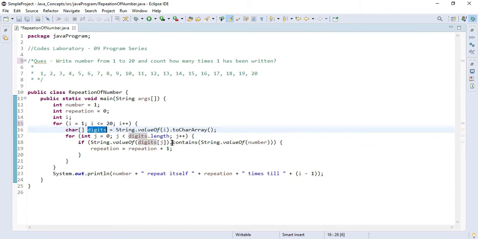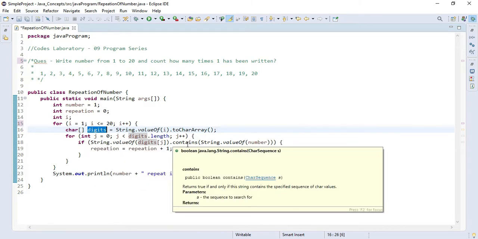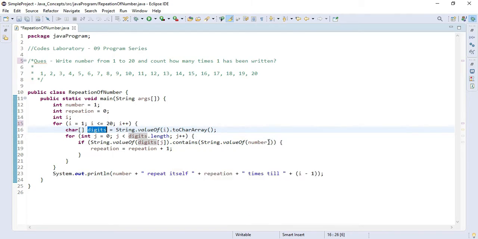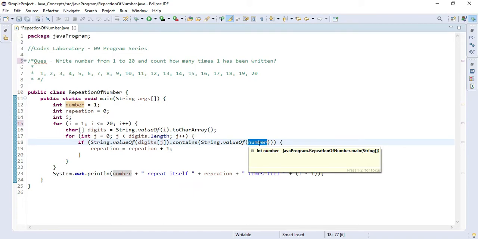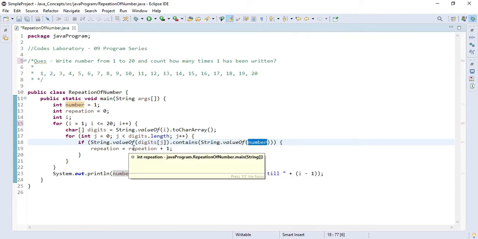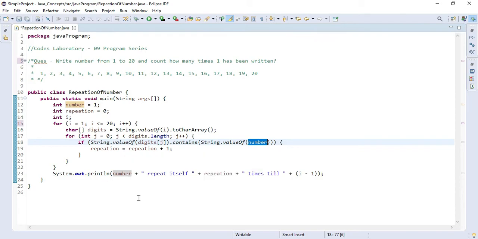In that, as you can see, the digit j, first I have converted into a string, then we apply the contains condition on the string and verify whether it contains our required number which we are looking for or not. If it is true, then it will go into the body and the repetition counter will increase by 1. So in this way we will be able to achieve the repetitions of 1.